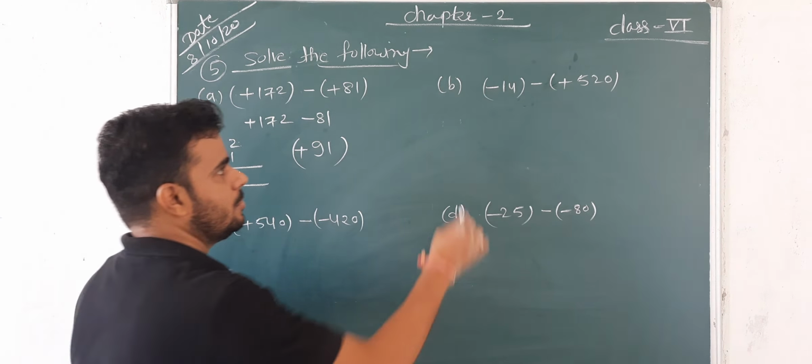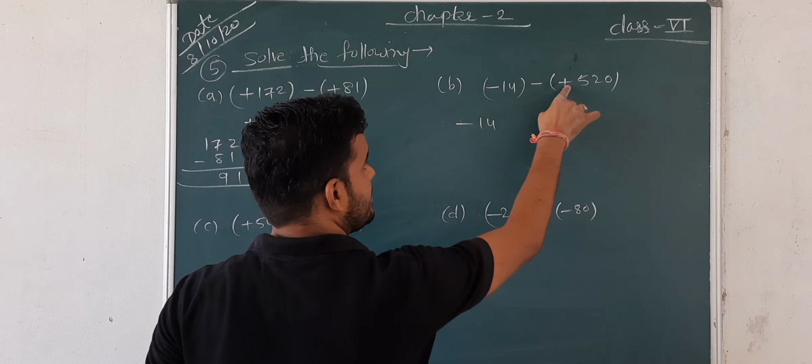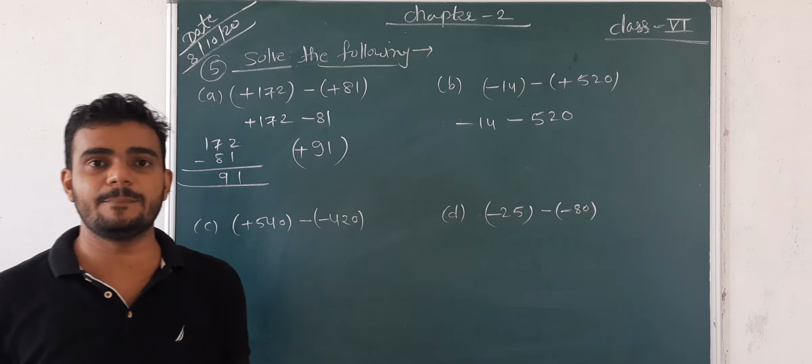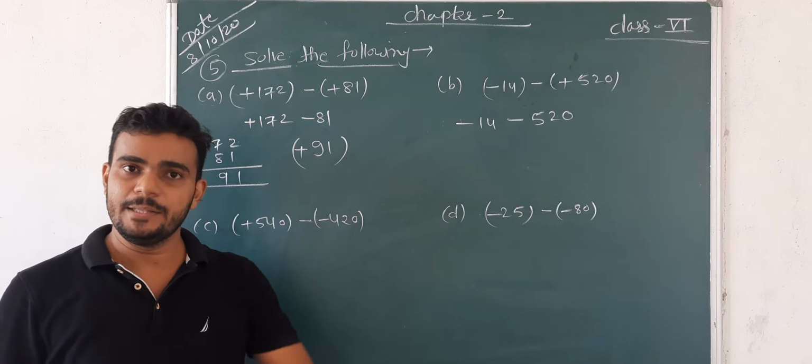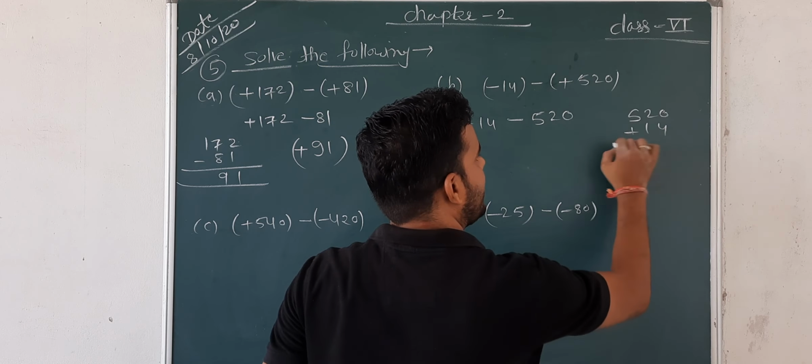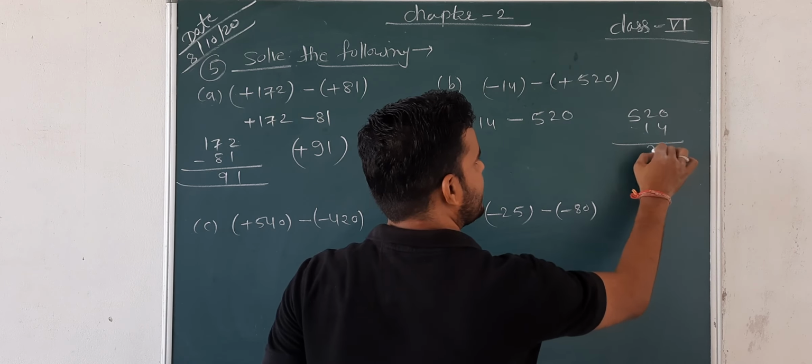Next here also negative 14, positive, sorry, negative 520, negative 14. I told you if two negative numbers are there, then you add both of these, but the symbol is negative. So the first number is negative, the second number is also negative. So you add both of these, 520 plus 14 is 534. 534, but the symbol is always negative. If two negative numbers are there, you have to add both of these, but the symbol is negative. Okay. So here also 540 negative.